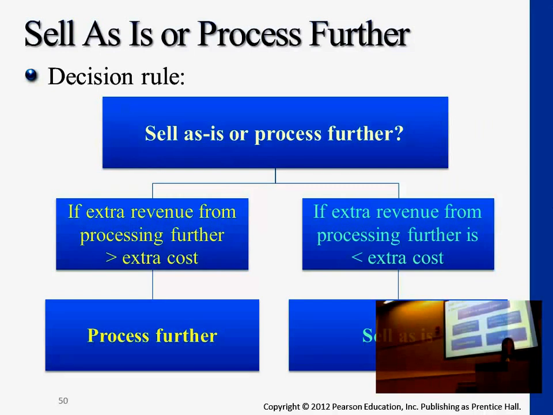Okay, so the main decision rule here: calculate the extra revenue against the extra cost, and see which one is higher than the other. If we have extra revenue, of course, we want to process it further. If not, then simply sell it as it is right now. So if the cost you need to spend on processing further means you need to get a lot more machinery, a lot more different tools and equipment, there's too much investment cost there, and it actually exceeds the excess revenue you're getting after processing it, then of course, just selling it as it is actually better.